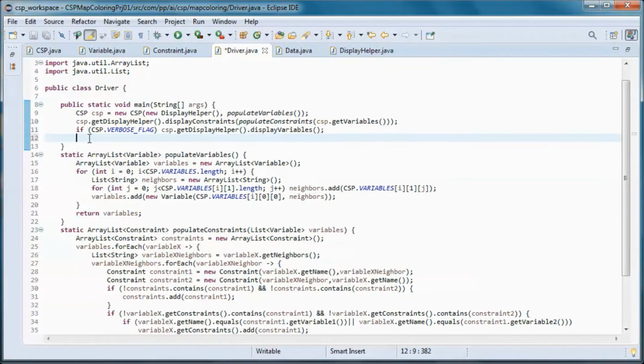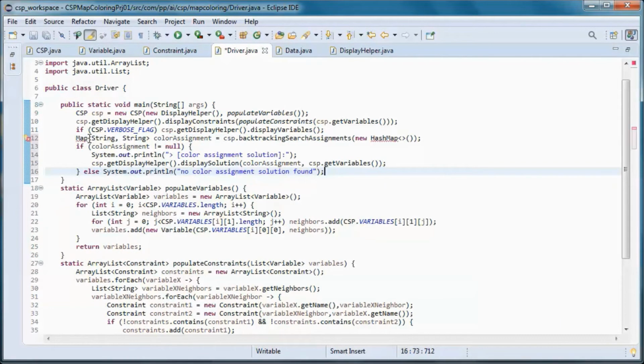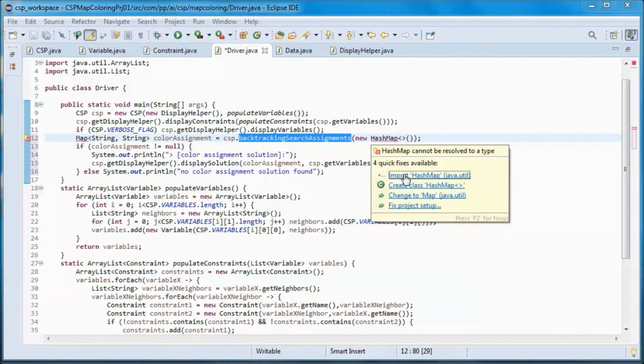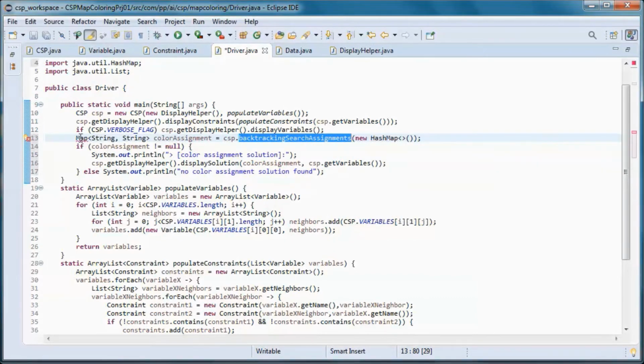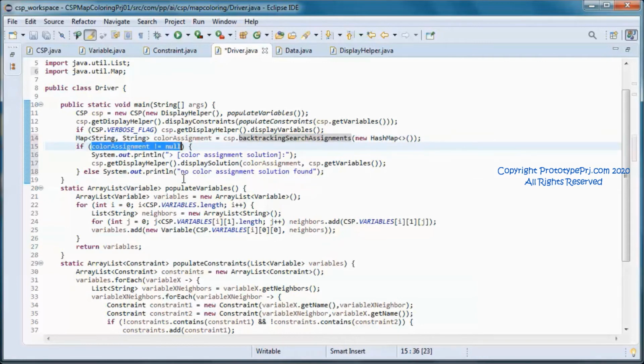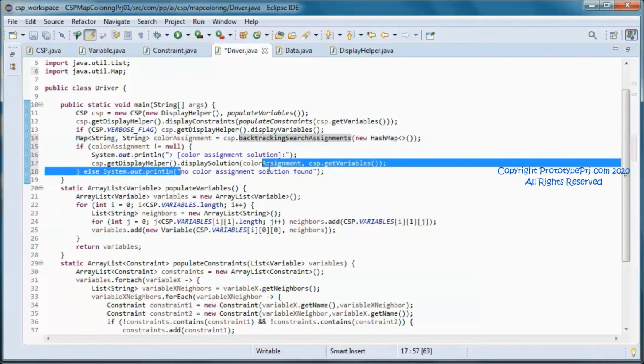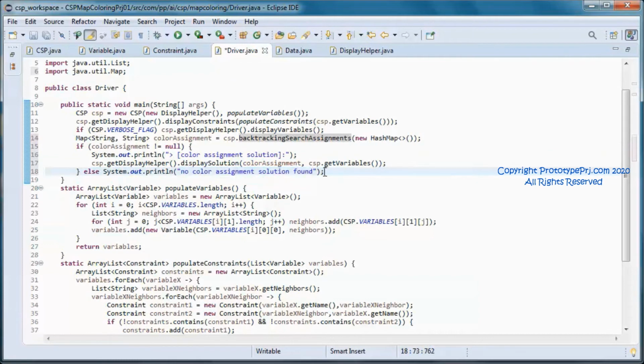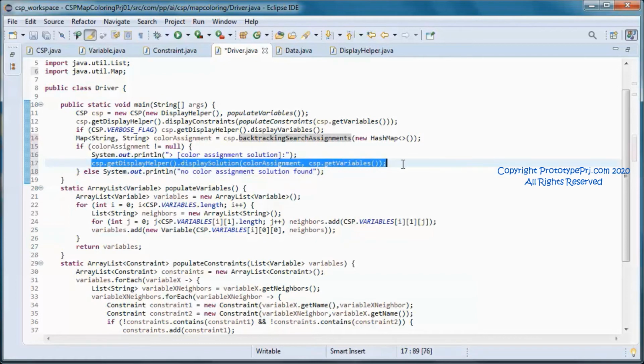And here we make a call to the backtracking search assignments method, and pick up the color assignments map. And if it is null, then we indicate that no color assignment solution has been found. Otherwise, we display the solution.